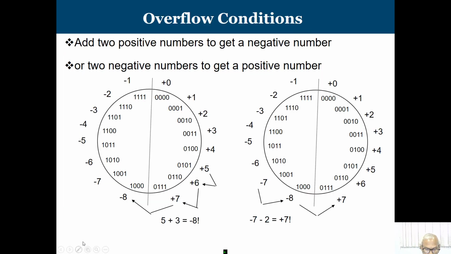Now, this is the condition of overflow. If two positive numbers give a negative number, then we say it is an overflow. Here are two examples. It says that this is -8 and here I am going to get +7. Just take this simple example. So, -7 is going to give me 1 0 and -2 is going to give me